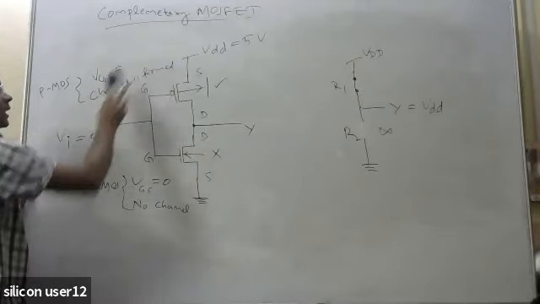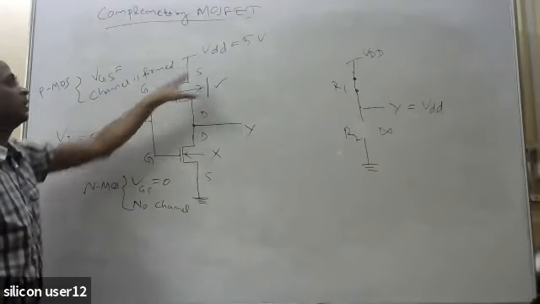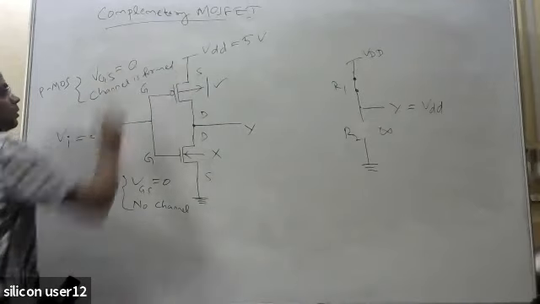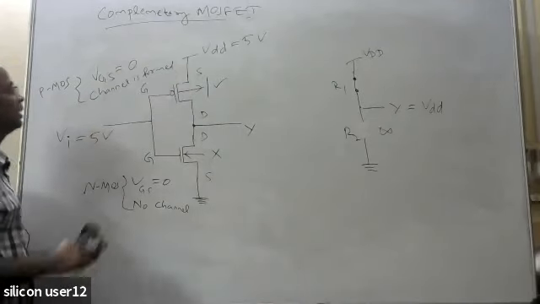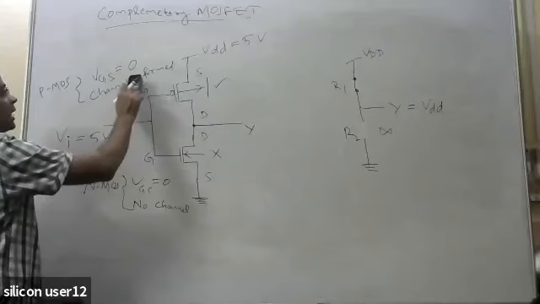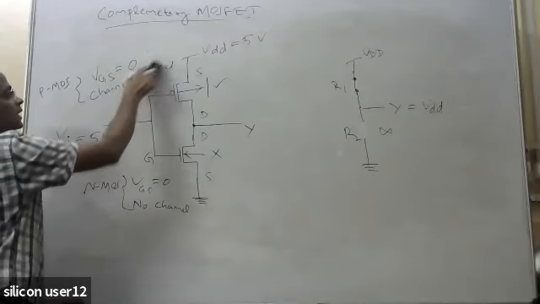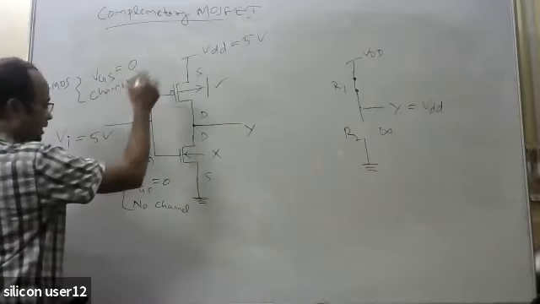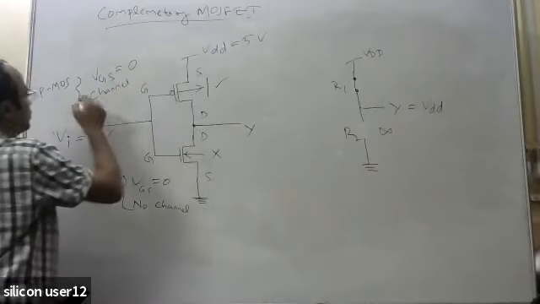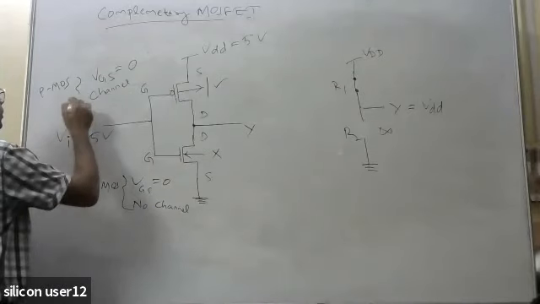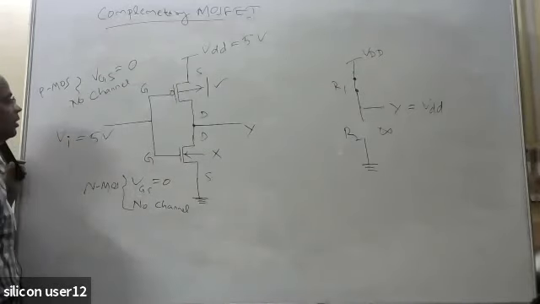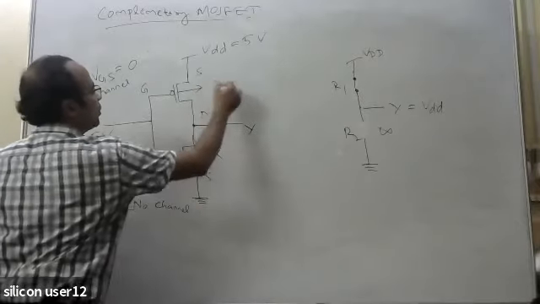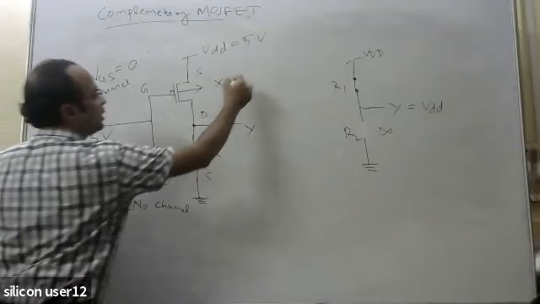पहले देख लो, VGS कितना होगा? गेट वोल्टेज 5 है, सोर्स वोल्टेज 5 है, तो VGS कितना हो जाएगा? 0. Okay, so if this channel VGS is 0, channel will be existing or it will be removed, or no channel? Open, sir. Okay, channel, no channel. So that means this path is open, or it has a high resistance or infinite.